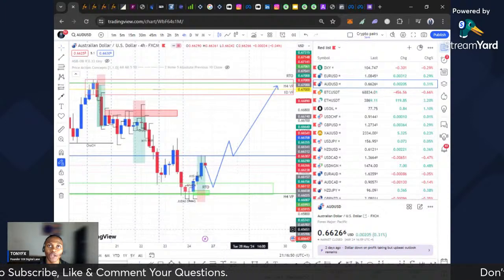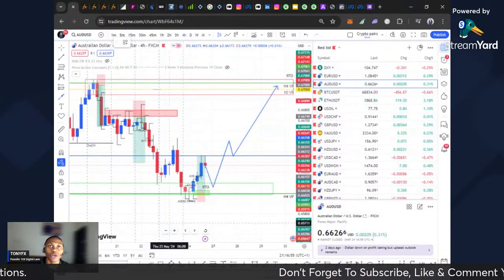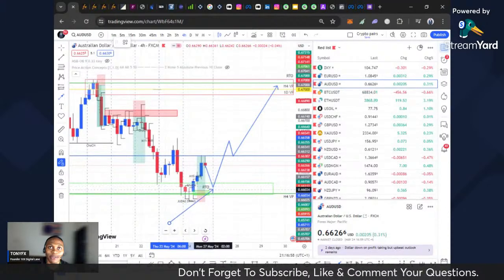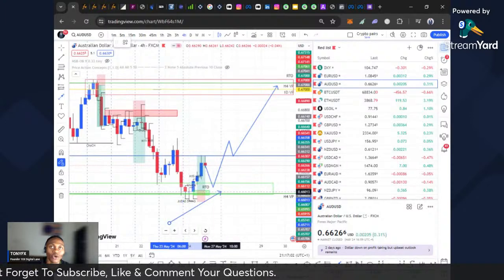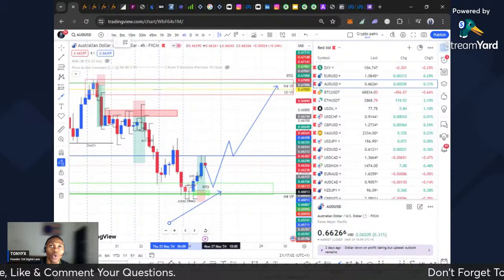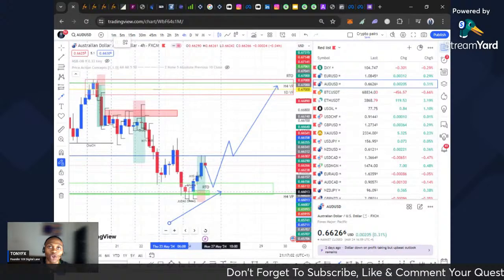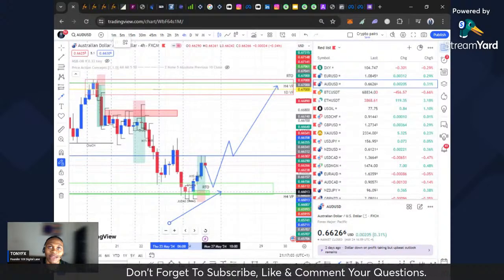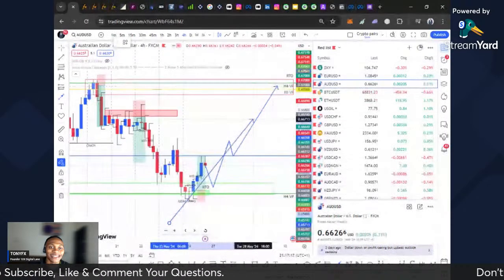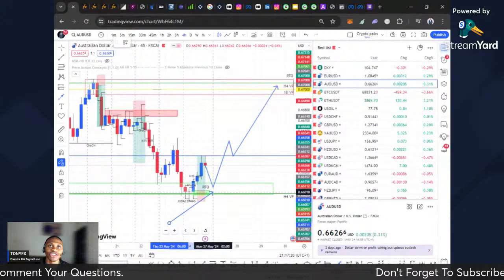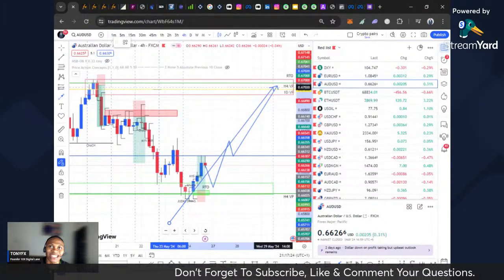So for AUD/USD, I'm expecting the dollar to gain strength as soon as the week opens up. If the dollar gains strength, I'm expecting a corrective structure into this return to origin with this demand level. When it comes to the demand level, we're looking for buy setups on AUD/USD moving to the upside and aiming for the psychological level. Once it comes back to this demand level and we see our buy setups, we're heading for the psychological level 0.67.